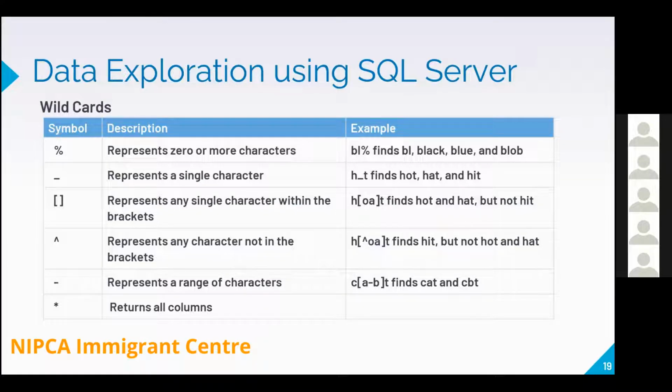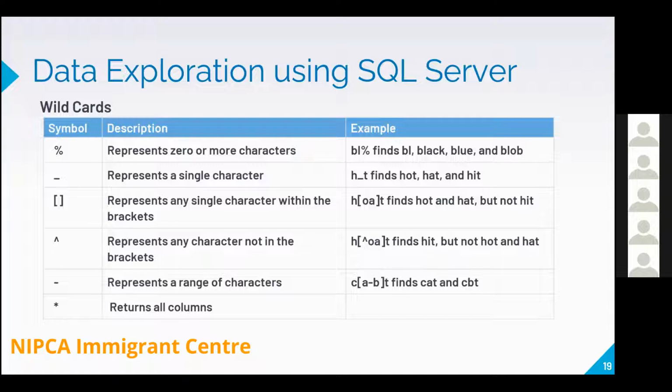Here we have the percentage sign, which means 0 or more characters. For instance, I can have BL with a percentage sign. So it's going to find black, it's going to find blue. The underscore represents a single character. So if I have H with the underscore T, then it's going to find hot, hurt, and heat when you run your query. Then the bracket represents any single character within the brackets. For instance, I have H with the square brackets, I have O, A, then T. Then it will find hot, it will find hat, but it will not find heat